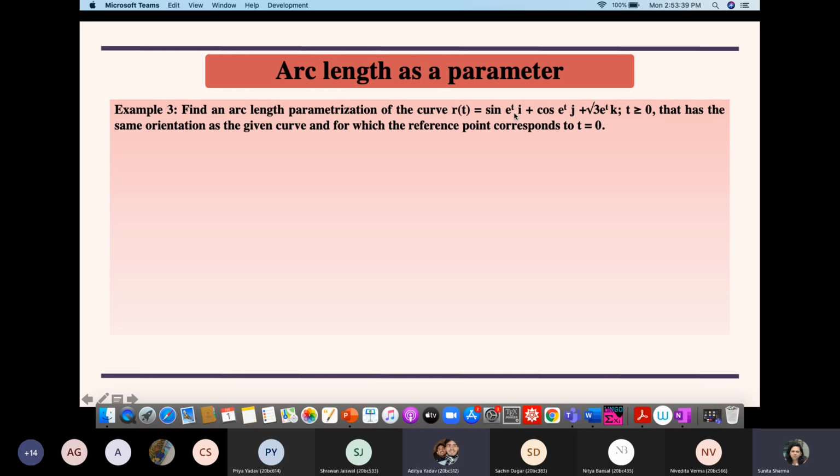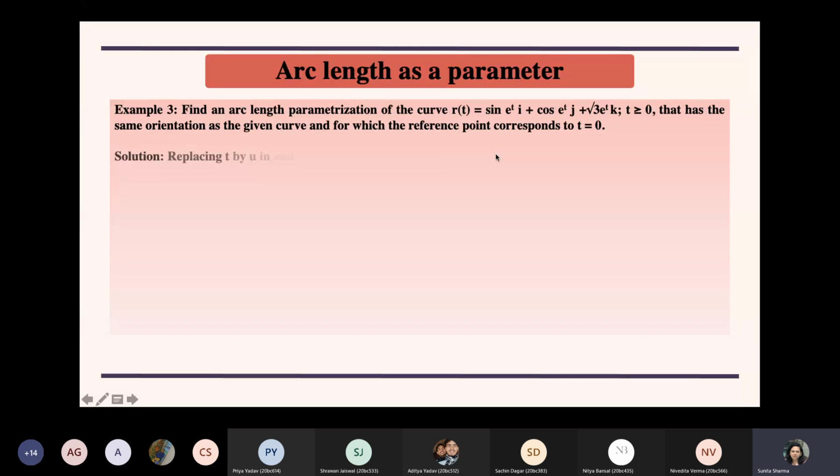S is equal to... Ma'am, let's first take t equal to u. You will have to replace t by u because otherwise you will have the same t being used in two places. Okay, replace t by u. Shravan, you tell me what the final answer is. 2e^t minus 2. Okay, that is equal to s. So I'll just display it for everybody. Your t naught is 0 because it is already there in the question. So you will take it as 0.